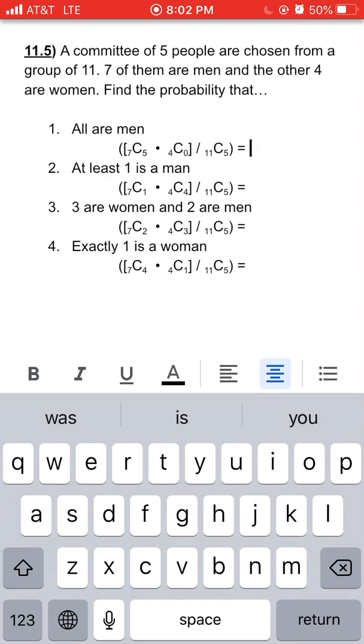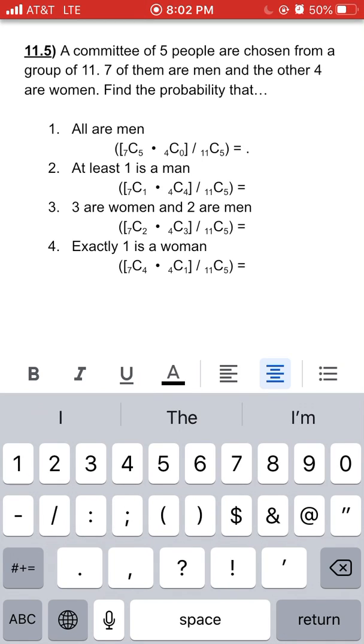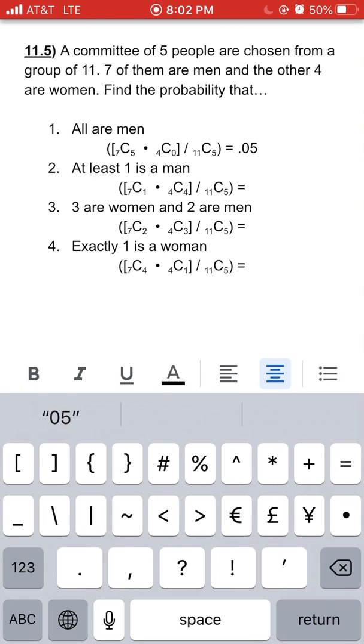So we have of 7 men, choose 5 times of 4 women, choose none, all over of 11 people, choose 5, and that will get you the possibility of having that as 5%,